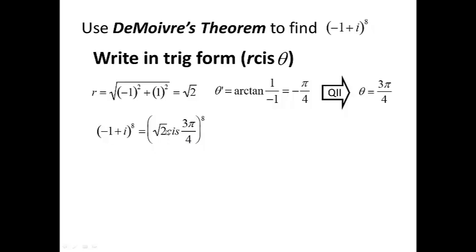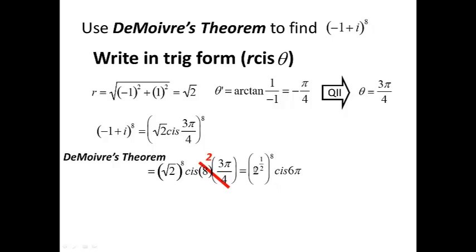Putting that into the 8th power, now I have square root of 2 to the 8th power, cis 8 times 3 pi over 4. Reducing that, I get 2. And the radicals are 1/2, so 1/2 times 8 is 4. And